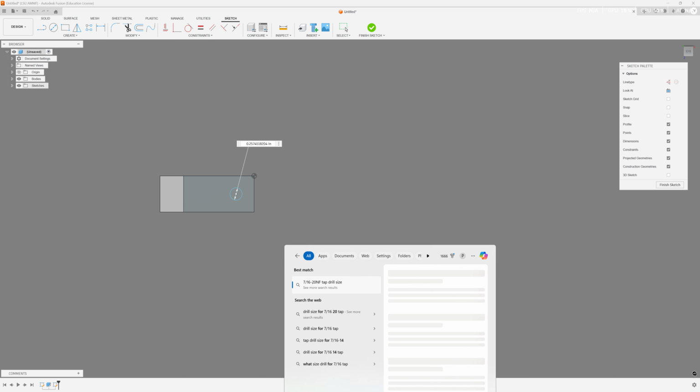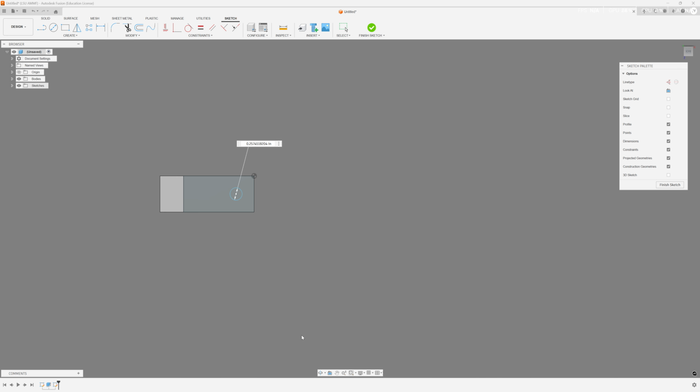Tap drill size. And that is going to be 25/64. So 25 divided by 64. So when I am doing tap drill sizes, I generally don't like to put the size of the